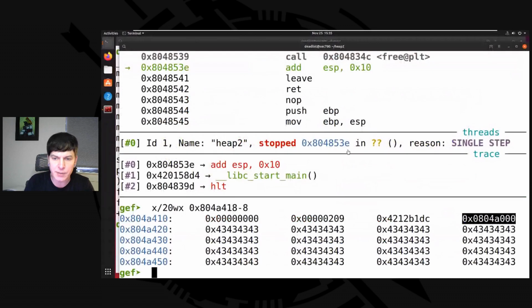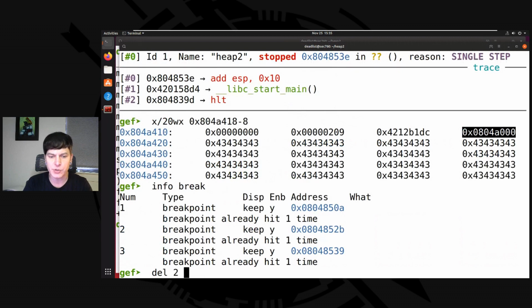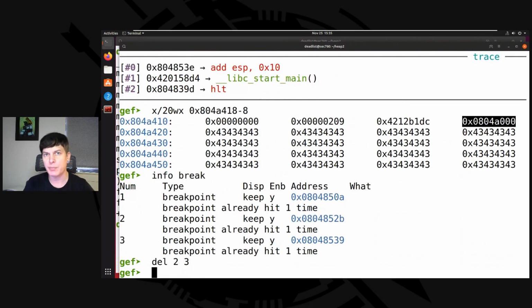So let me start that process now. What we're going to do, let me start this over. So we're going to info break. I'm going to delete breakpoints 2 and 3. And now we only have the breakpoint on the call to strcpy. I only set those breakpoints on free so you could see how it's supposed to operate. Okay, so now I'm going to send in